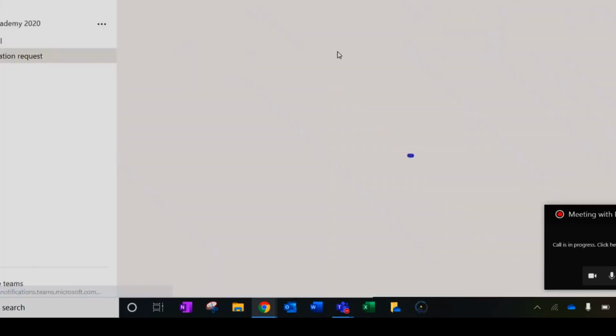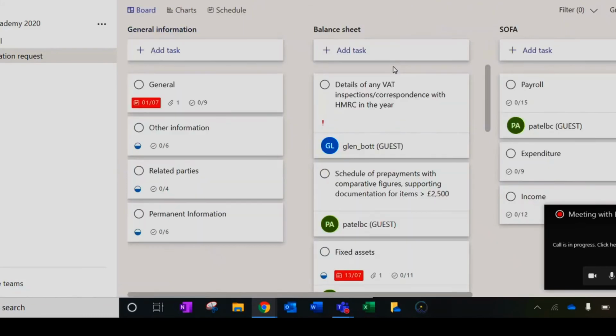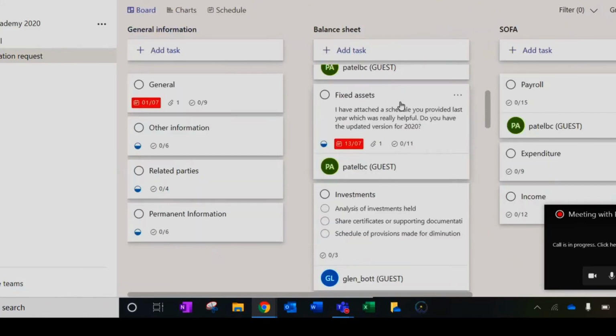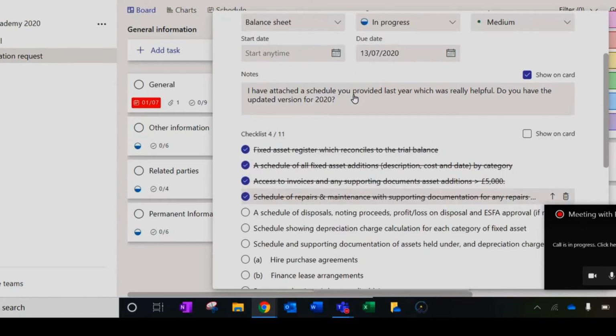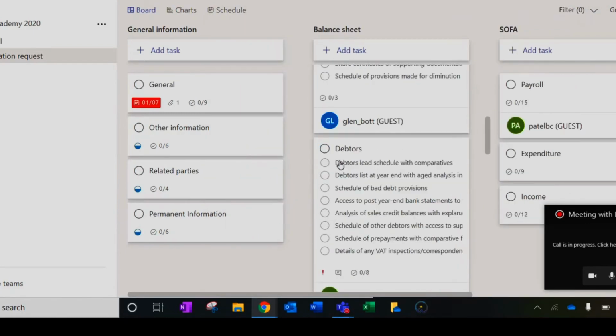And then if we go back to the actual task itself, as you go through, again, we're very flexible. If you have a big folder that contains all the information, you can just upload it as one, but I would encourage you to tick off the checklist items as you go through. That will allow us to know what bits have been provided. So if, for example, we go to your debtors,